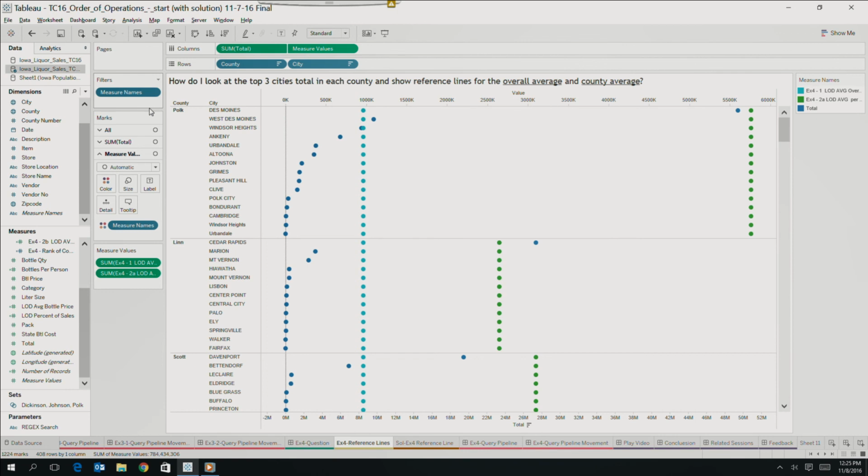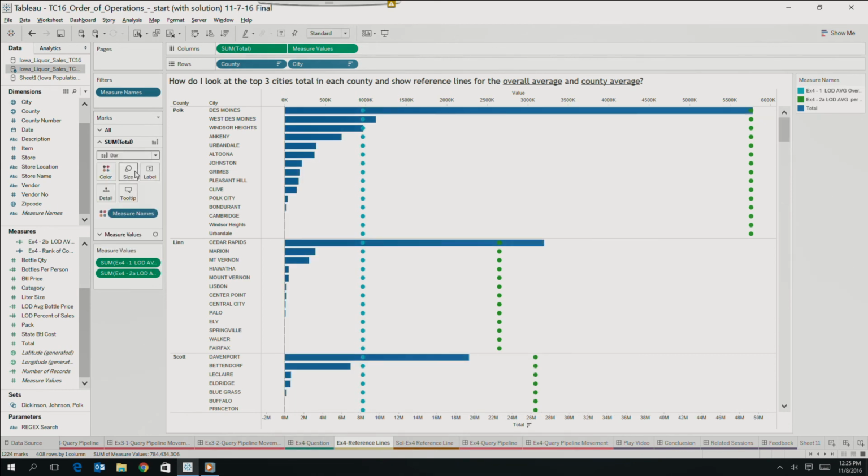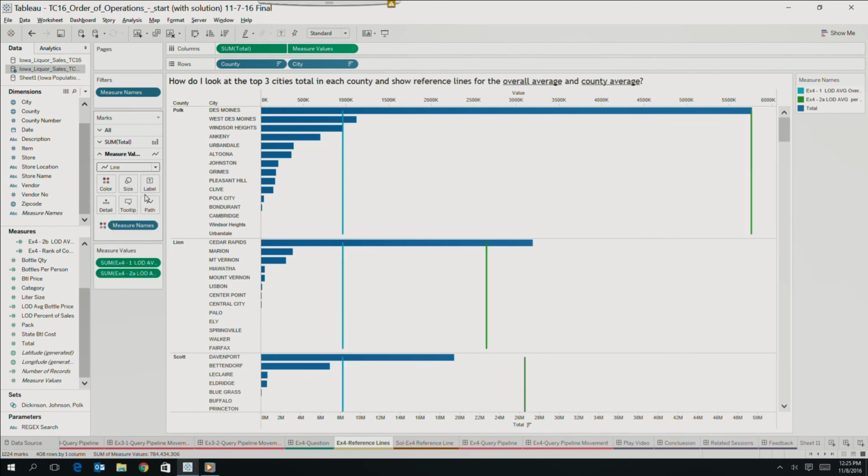Not an issue, because when we use measure values and measure names, it's given us some things that we can format. You may not have noticed, but here was our sum total, and here's our measure values, and we can format those. For example, with our total, we can force this back to a bar chart, like so. And then we can go to our measure values. If the dots, if we like those, that's fine. Or make them squares. In our case, we wanted them as lines. So there we have our lines. And that's all there is to it. So let's go to our query